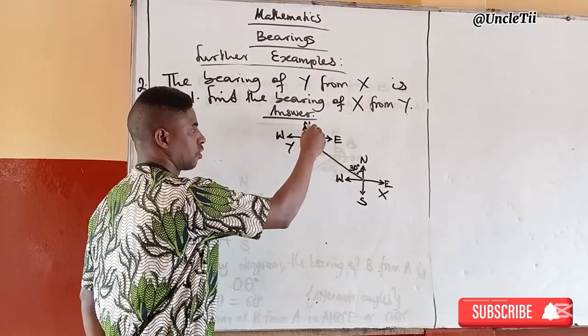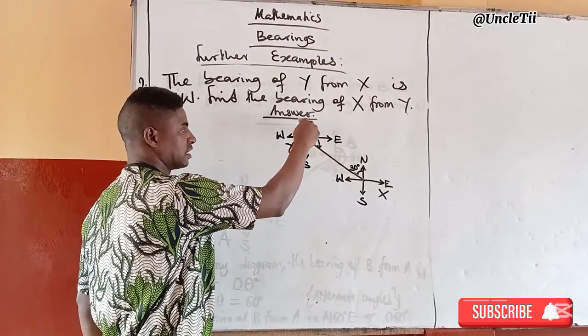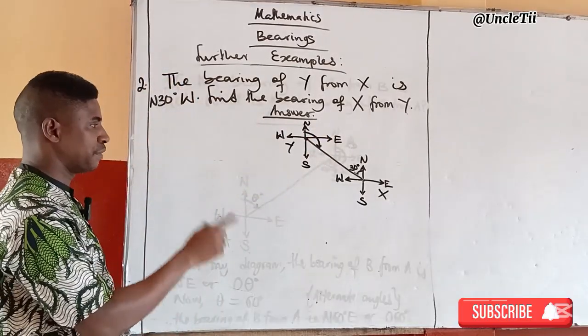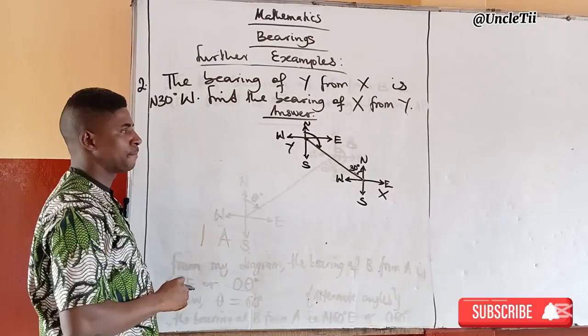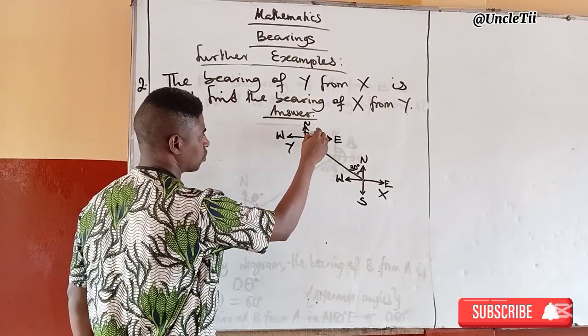So we are moving clockwise from north till we get to the straight line. So the size of this arc is the bearing of x from y. Let us pretend that we don't know it, and so call it